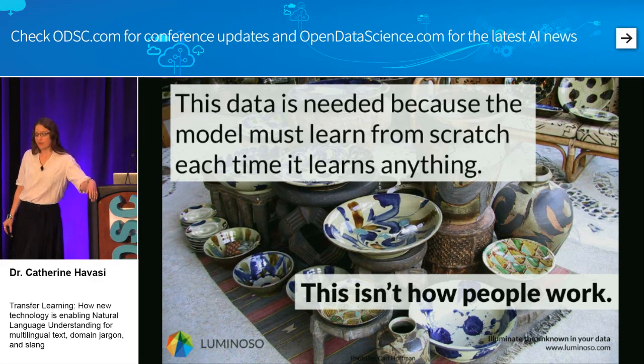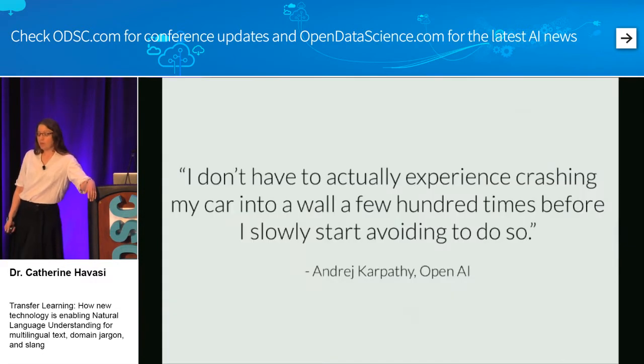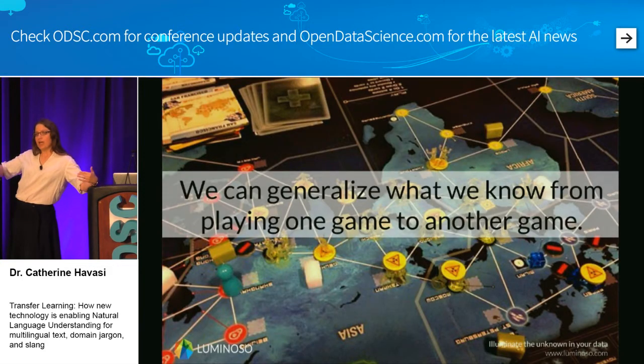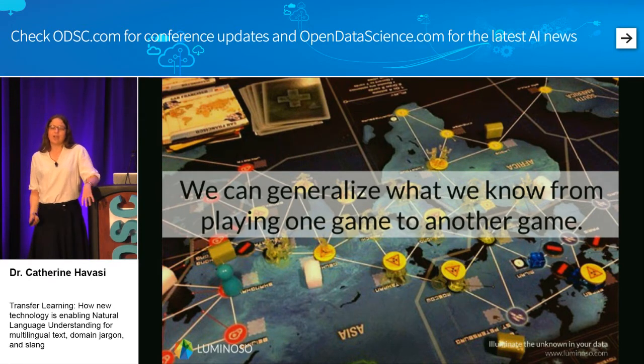So a great quote to sort of exemplify that is from OpenAI. But really what we're saying is that, in a sense, people can generalize from what we know. So if we're out there and we're playing a game like chess, we can bring in a lot of ideas and examples, even if we're bad at chess like me, from other games and other areas that we can bring to bear on strategy, on even things basically like turn taking and how it works. And we need to build systems that generalize.